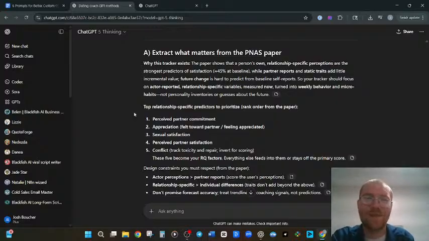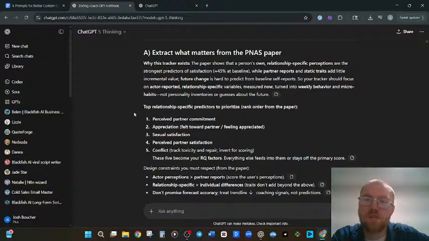Why this tracker exists. The paper shows that a person's own relationship-specific perceptions are the strongest predictors of satisfaction. 45% at base. That's not even half. No wonder relationship satisfaction is low.